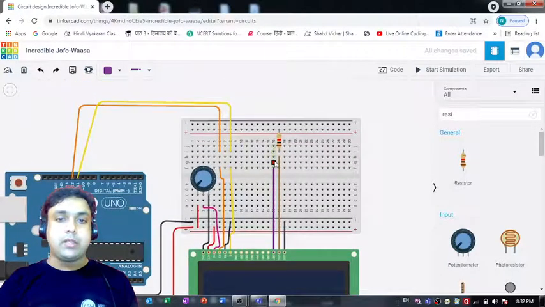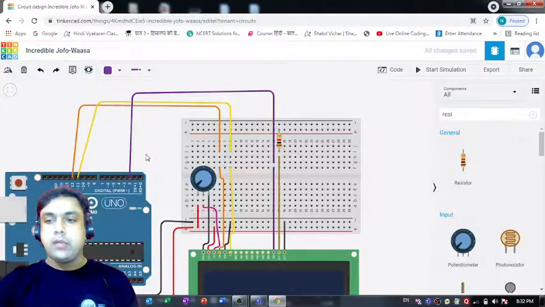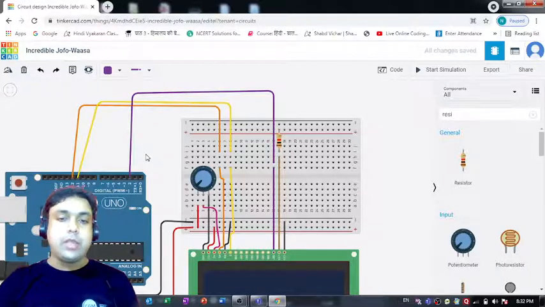That's what we have to think. So we can connect it to, I think, how about pin number 2, this D2 pin? Yeah, that will be a good option. Right, similarly we can do the same thing for the rest of these 3 pins also.